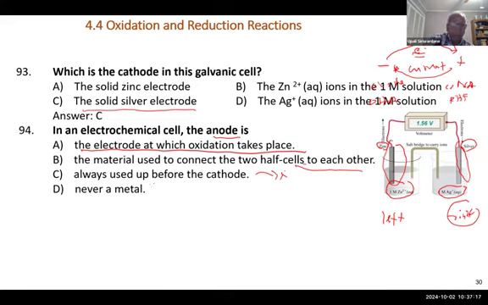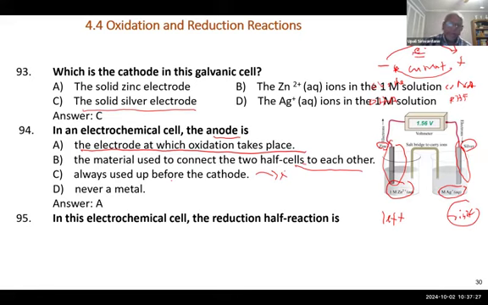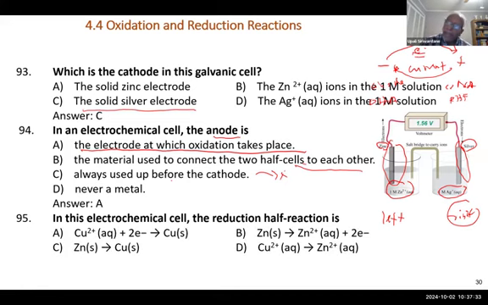Never metal. It is going to be a metal most of the time. Therefore, answer is A. In this electrochemical cell, reduction half reaction is... reduction takes place on the left side. Therefore, this is the previous